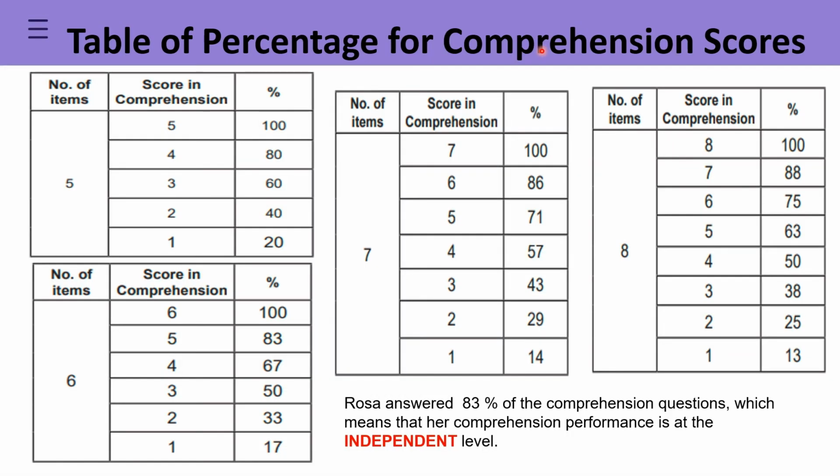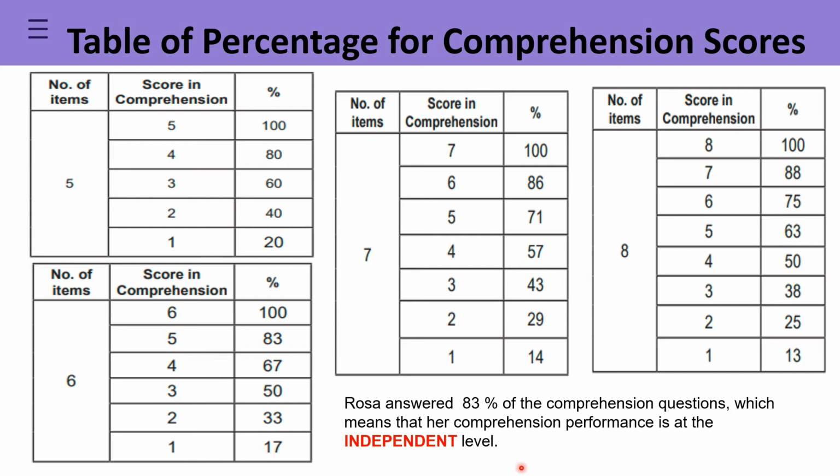Here's the table of percentage for reading comprehension scores for 5, 6, 7, and 8 items with the corresponding percentage. It is derived by dividing the number of correct answers over the number of questions and multiplying it by 100. So in our example a while ago, Rosa answered 83% of comprehension questions, which means that her comprehension performance is